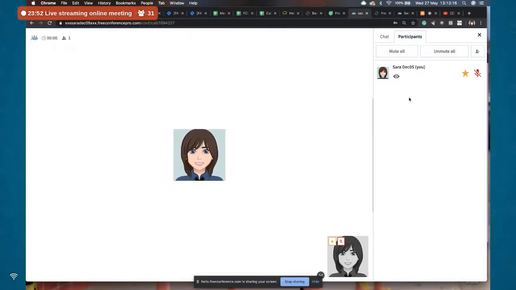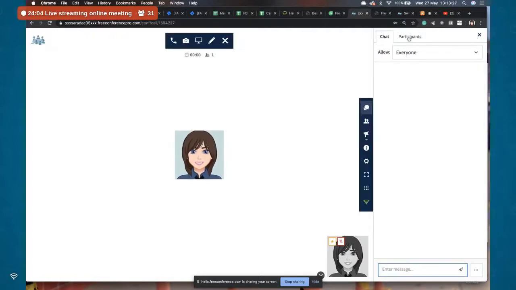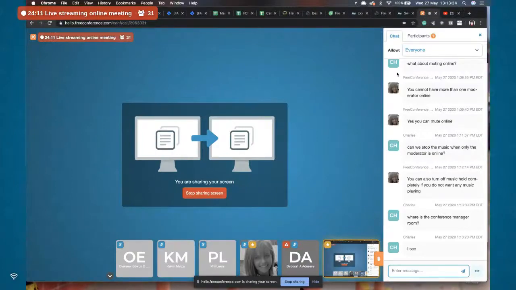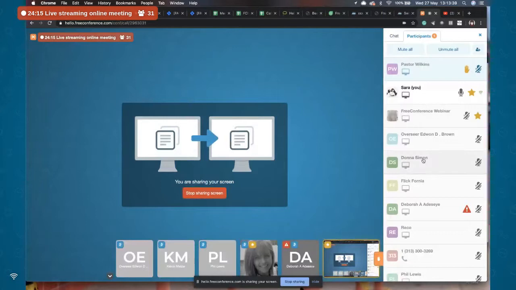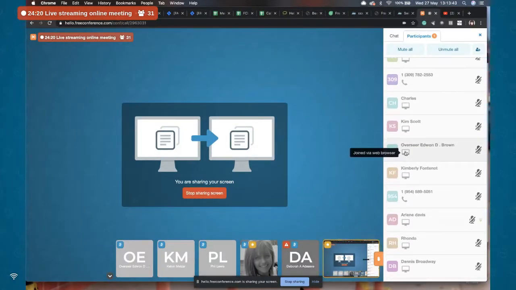And I will show you within our meeting now other features that you've got available there. And then there's also a chat where you can communicate with people. And let me head over to our actual meeting right now that we are running, because it's pretty much the same setup. So over here on the participants, now you can see everybody listed here. Anyone with a computer icon has connected via computer. Anyone with a phone has called via phone.